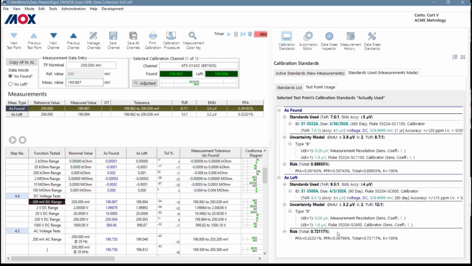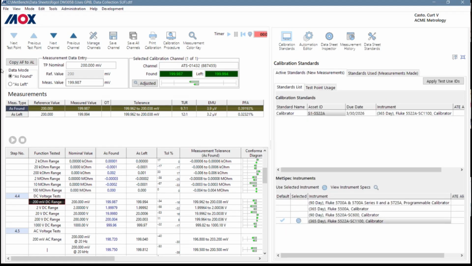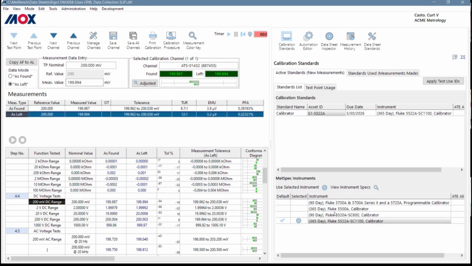Okay, for my 5520, you know what? 5520 is too close. All right, what I'm going to do is just pick for this test point. I'm going to go back and repeat one as left measurement, and I'm going to choose the 5500 calibrator. Now, by the way, once you make a measurement, the only way any information from that measurement will be changed is by repeating the measurement. So when I repeat this measurement now,